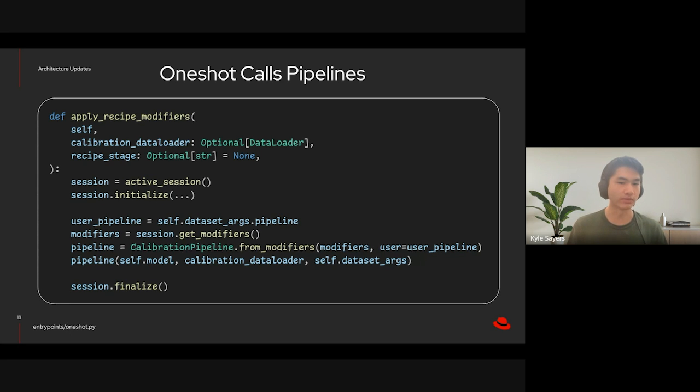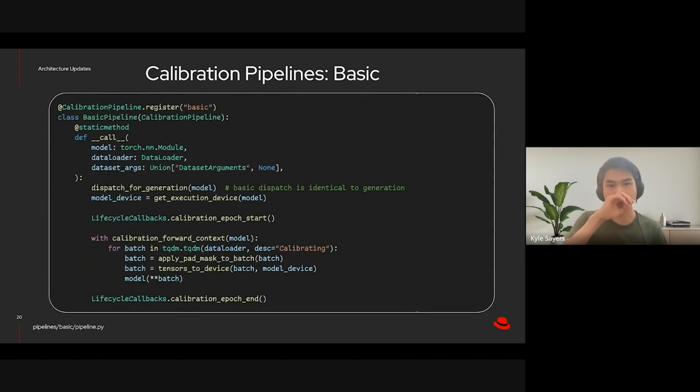I'll talk a little bit more about the process of inferring which pipeline is being used. But in the meantime, I'll get started by describing what exactly a pipeline is through an example. This is one of the basic pipelines that we use in LLM Compressor. This is the default pipeline that you would initially implement if you wanted to calibrate a model. So I'll go through it. Basically, this basic